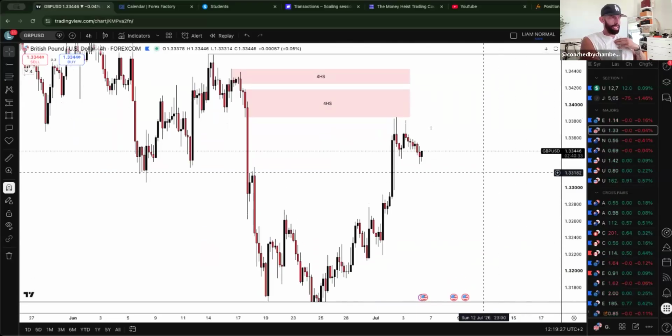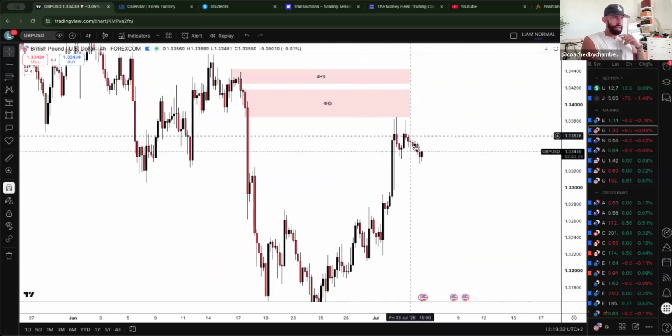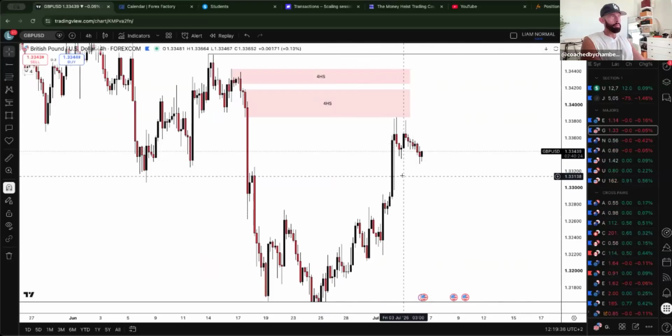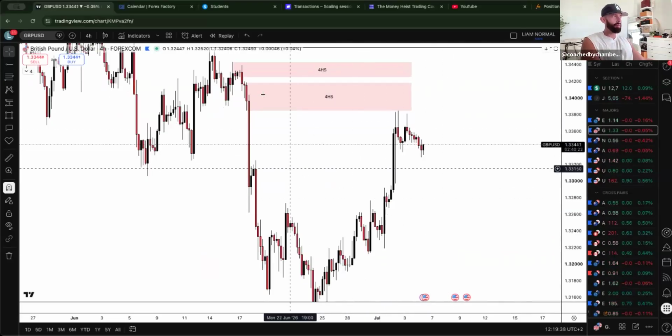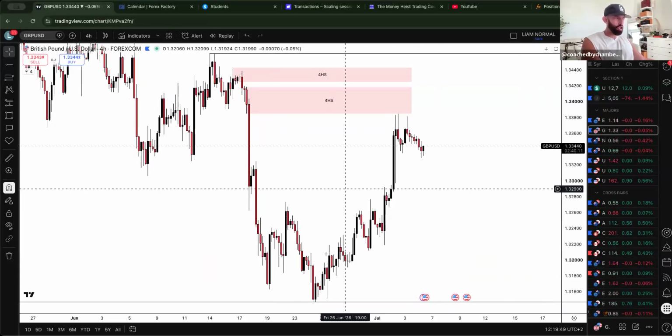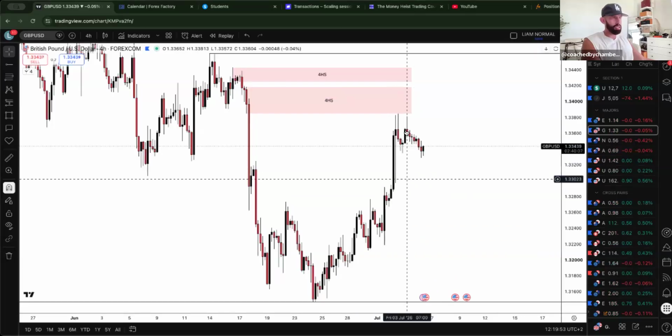So looking at market conditions on the 4 hour, I don't like the look of anything here, just being honest. Nothing's clear. So for me, on the higher time frame, I do like the fact that we're pretty much in that supply on the daily and the 4, and obviously the dollar is reacting out of the demand. But internally, I just don't like any of this at all, if I'm being honest.